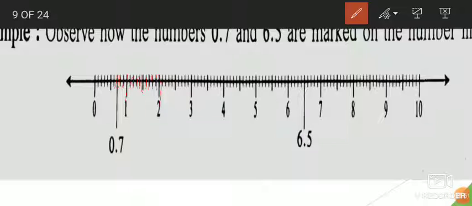Okay, now I want to show 5.5 on the number line. Means after 5 we have to count 5 lines. 1, 2, 3, 4, and this is 5. So it is 5.5, students. Okay, now I want to show 9.8 on the number line. Means after 9, 8 points we have to count. That is, here it will come 9.8. This we learned last year, students. Okay, it is just a recall for you of how to show the fractions on the number line.